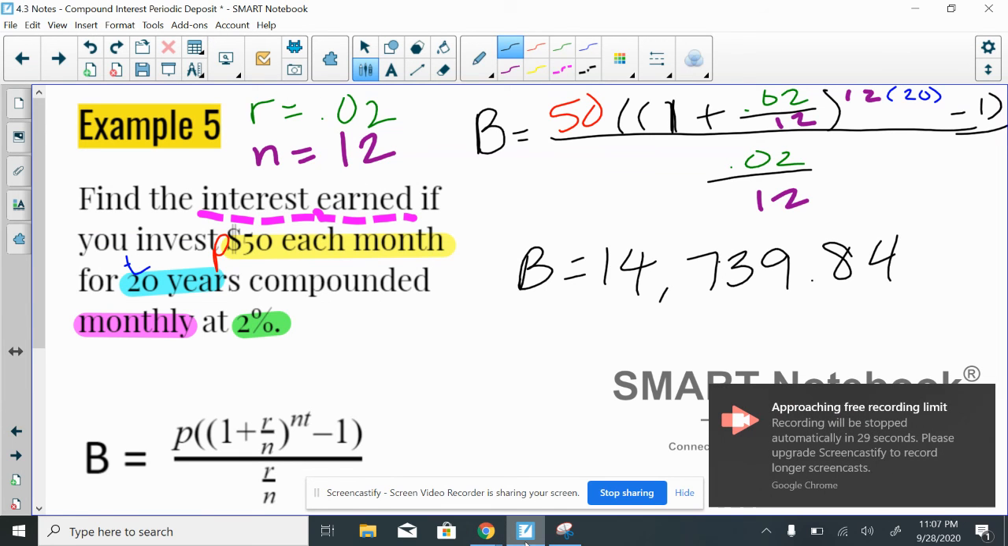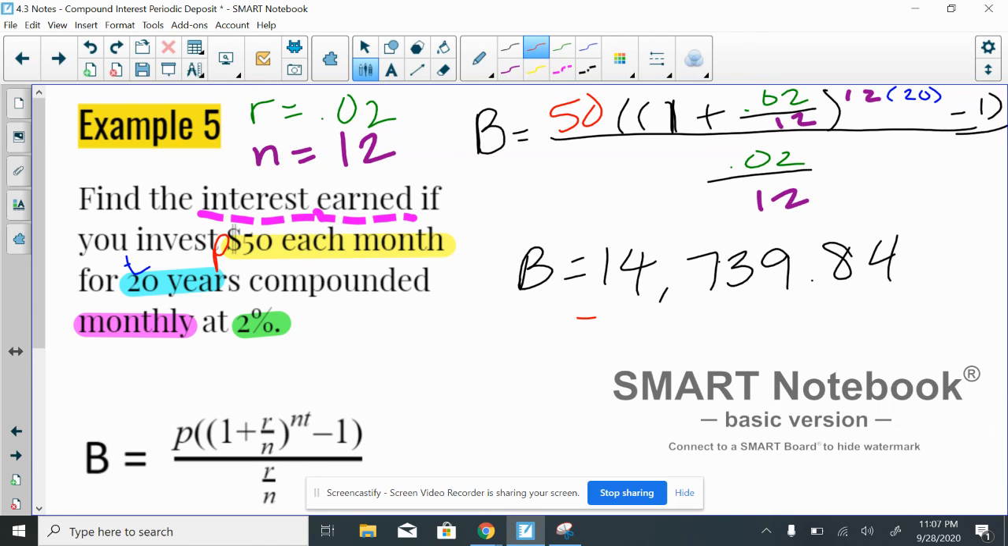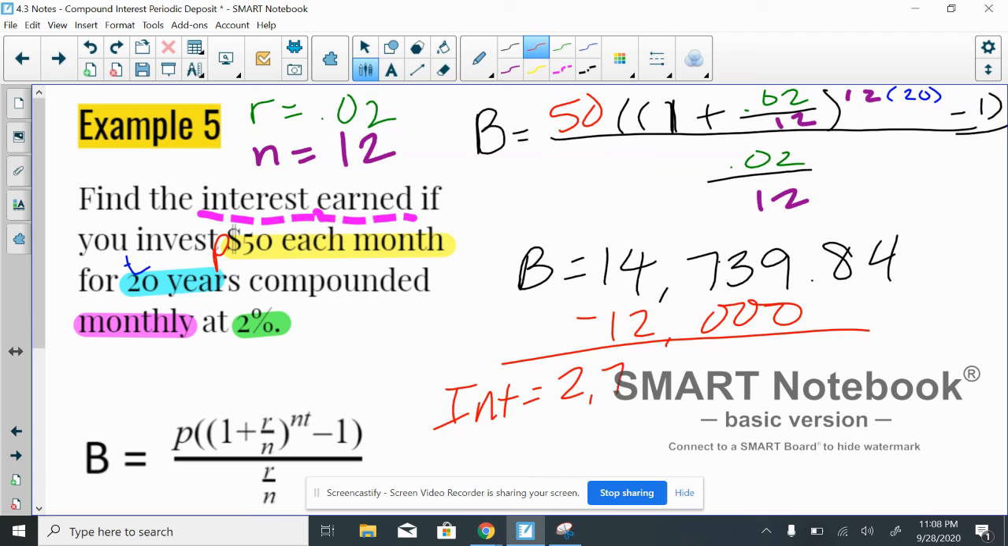Okay. So interest earned on this one, you guys. What we did was we subtracted our $12,000. And so we got interest earned in the amount of $2,739.84. And that's what it actually asked you for on example 5. So make sure as you go through